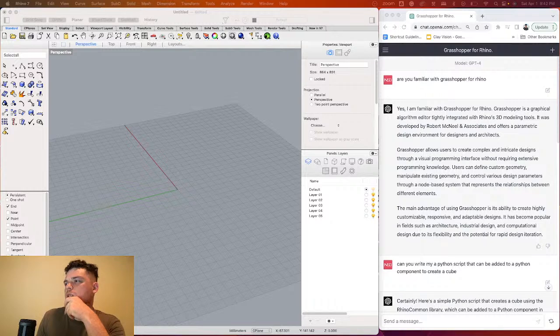Create a cube function. I like that. So rs add contour. We need to adjust this prompt and see if we can get this. Create a long rectangle with the command